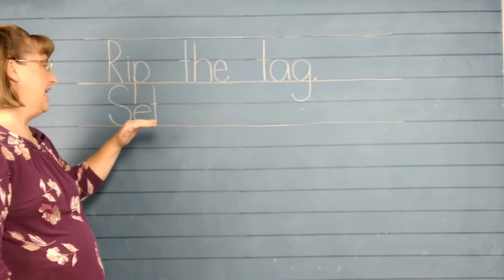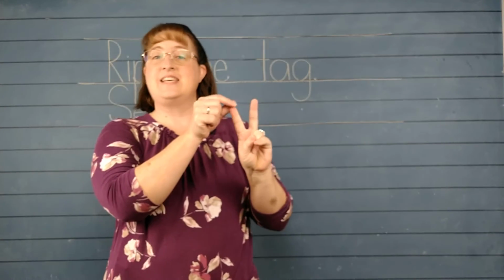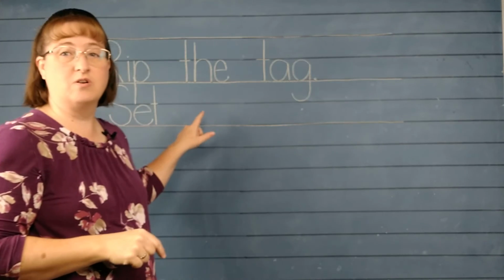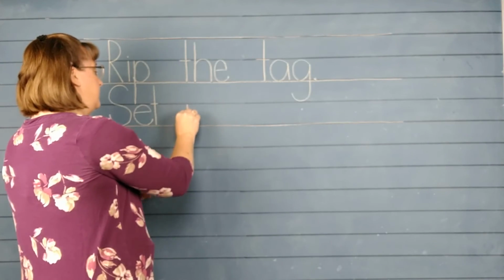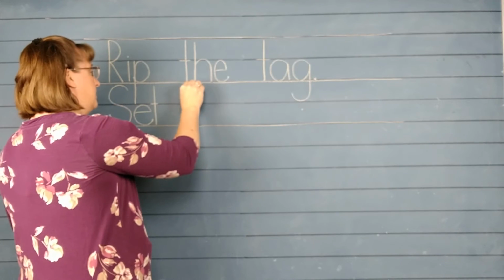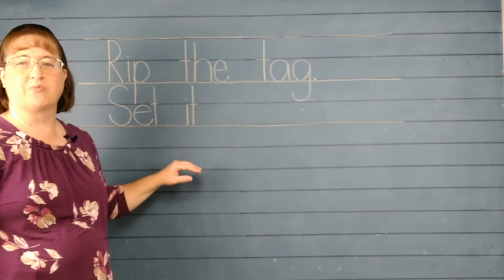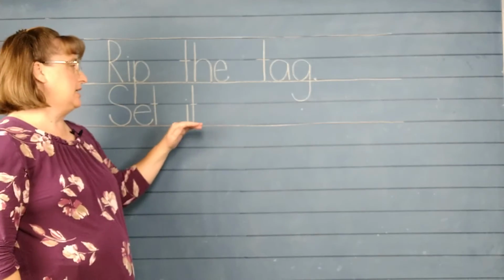Good. Set it. Give me the sounds. It. What do we put between our words? We put a space of one round letter. It. I like it when you sound it out as you're writing it. That helps you. Set it